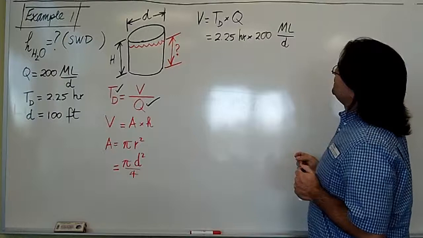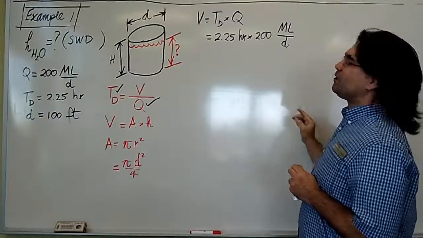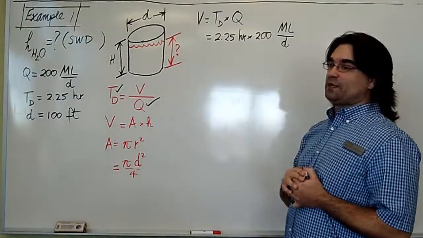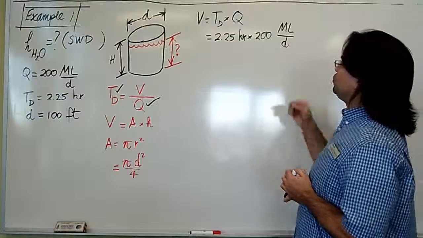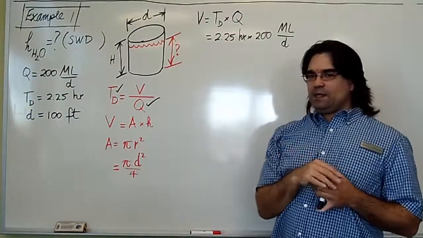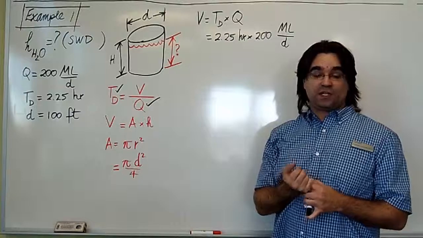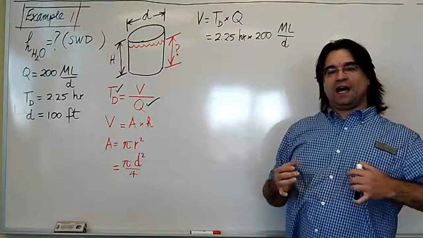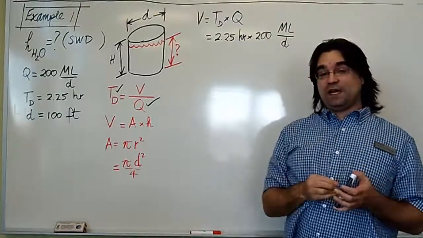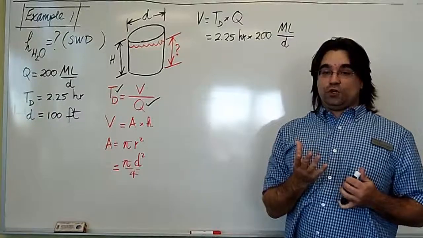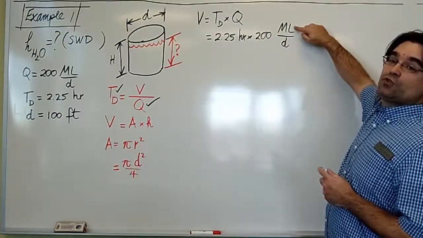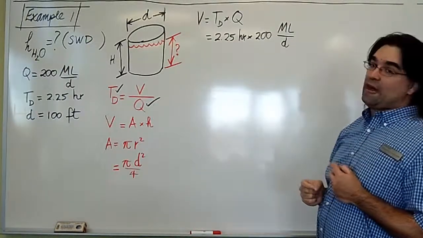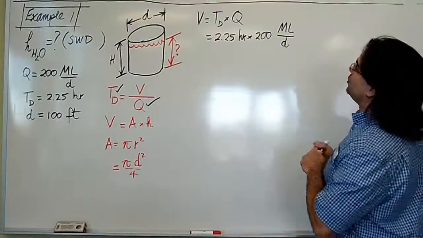You will notice that based on what I get here, hours and days don't cancel out, right? They're both units of time, but they don't cancel out. So we have to do something about that. In addition, the volume is typically, for metric units, expressed in cubic meters rather than liters. We could, if we wanted to, leave it in liters. I'm choosing to make things a little more difficult and converting everything to cubic meters. So do you remember how to convert megaliters or liters to cubic meters and how to convert days to hours? Just a reminder,